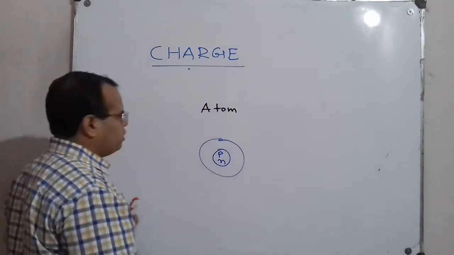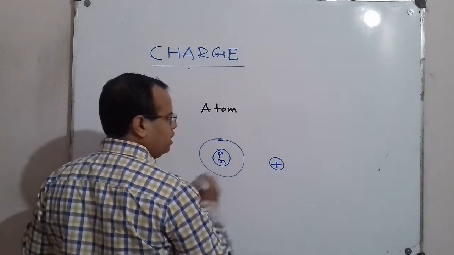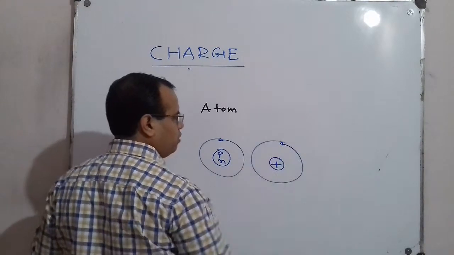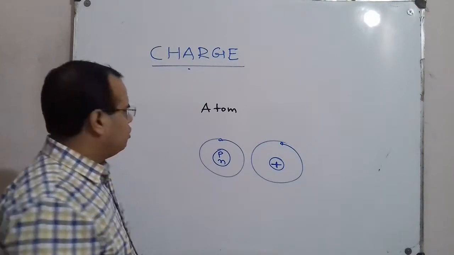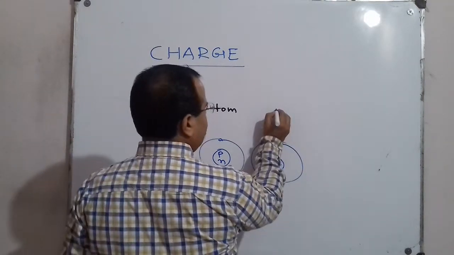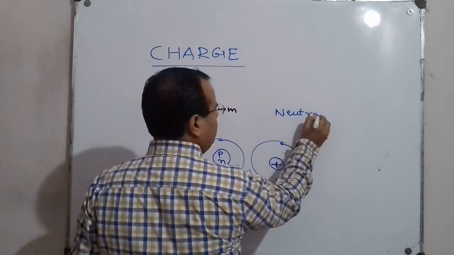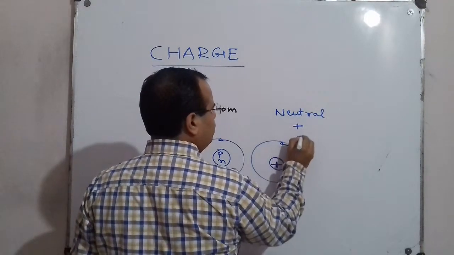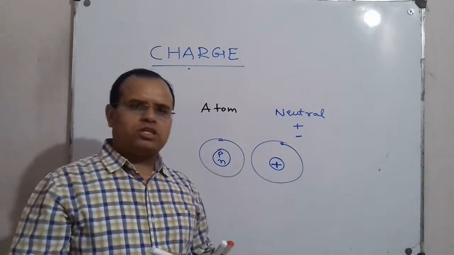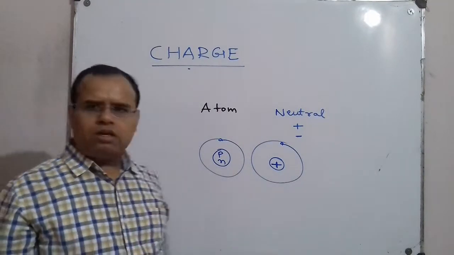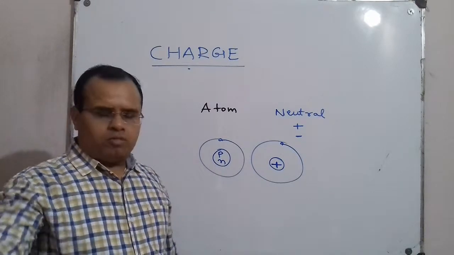So what is there? There is positive charge inside the nucleus, and there are electrons revolving around it. So we have positive charges and negative charges. An atom is electrically neutral, which you studied in 9th standard. What does it mean? It means that the number of positive charges and the number of negative charges are equal. What does it mean? It means that the positive and